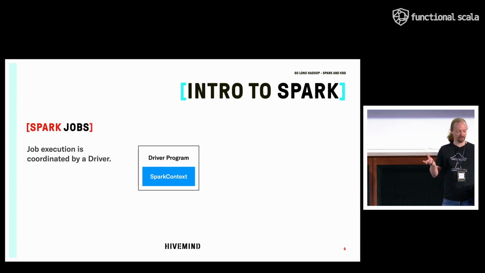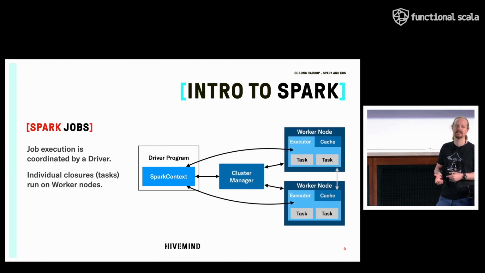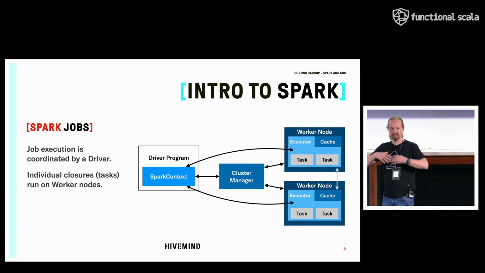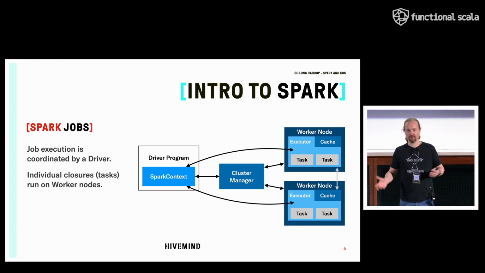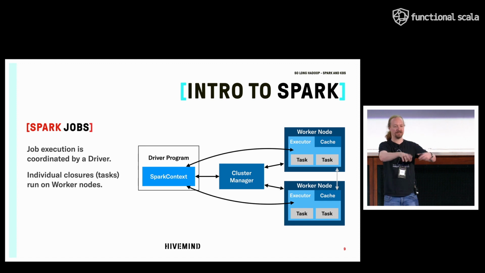So we have two different roles in a Spark job. The first one is the driver, right, which basically contains the plan of the job, right? We're going to take this stuff from S3, we're going to do some transformations, and we're going to write that into a different format somewhere else, right? So that's the job. And the driver will then interact with whatever cluster management we have, usually Hadoop, right? As I say, I'm going to run this stage on a different executor node. And I need a worker node from you, and that worker node will then get this computational unit and process it.